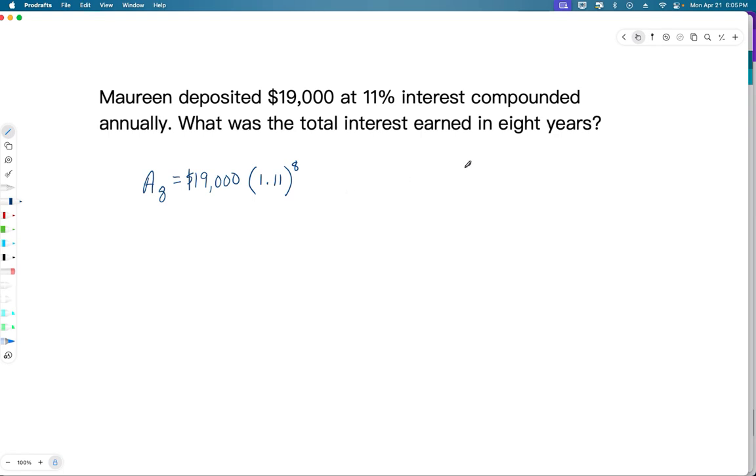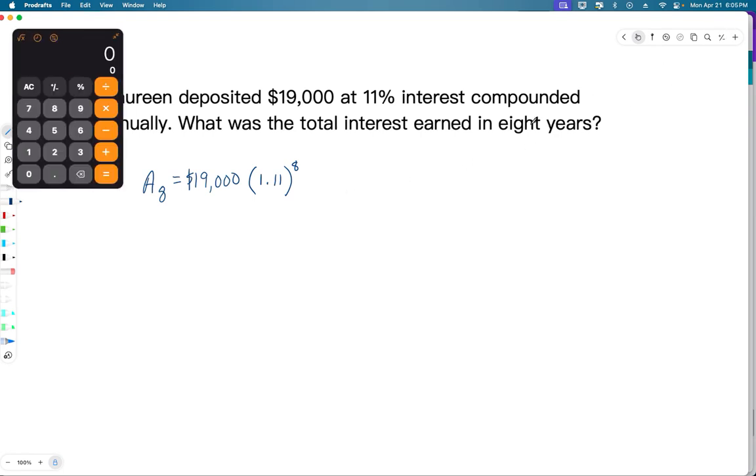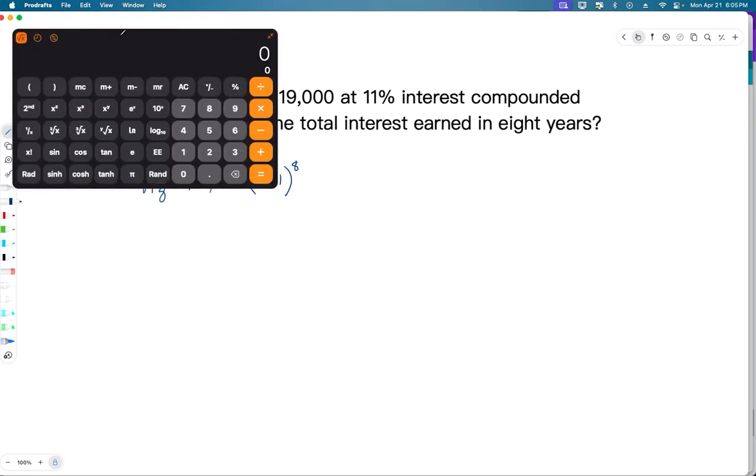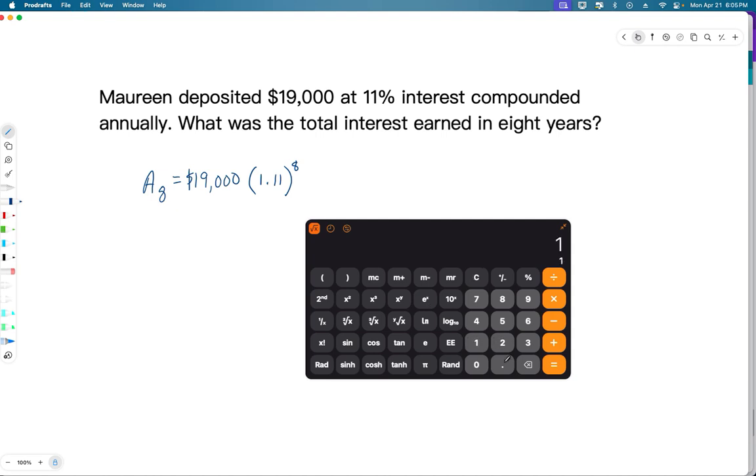That is the calculation that we use. And remember, we always do exponents before we do multiplication. So 1.11 to the 8th power times 19,000. That's going to equal $43,786